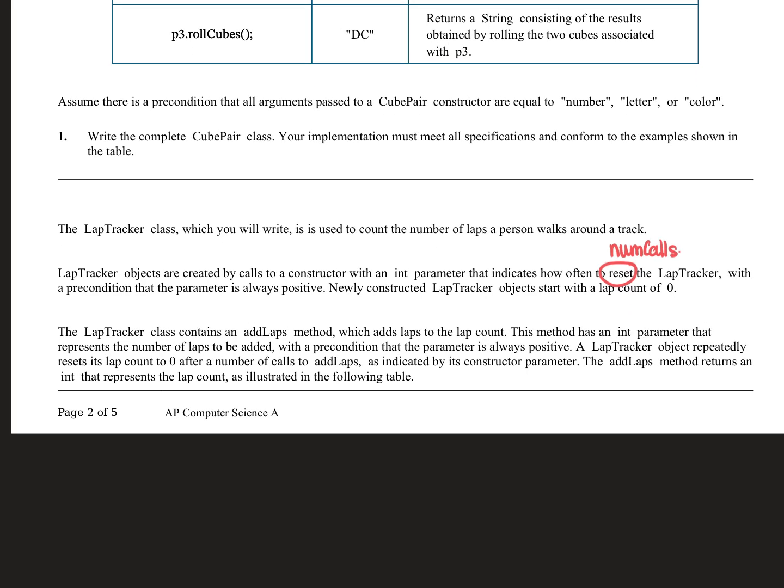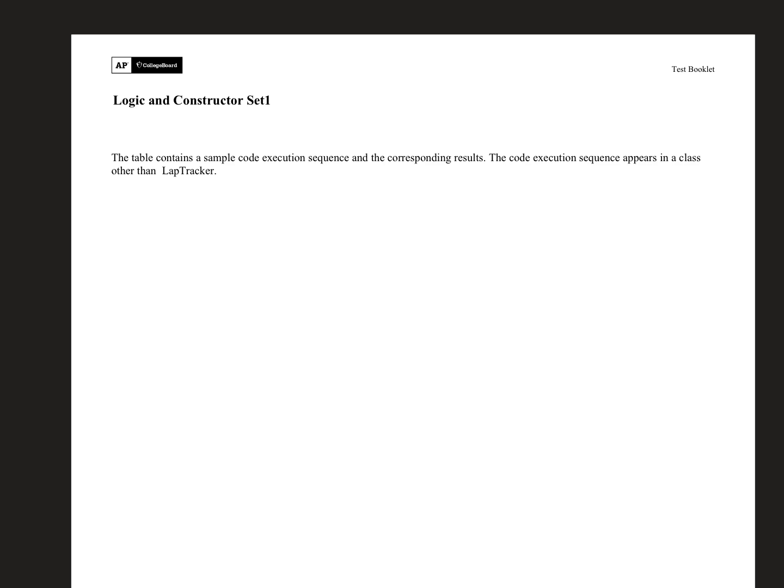A lap tracker class contains an add laps method, which adds laps to the lap count. This method has an int parameter that represents the number of laps to be added, with a precondition that the parameter is always positive. A lap tracker object repeatedly resets the lap count to 0 after a number of calls to add laps, which is your number of calls, as indicated in the constructor parameter. The add laps method returns an int that represents the lap count as illustrated by the following. Next question was